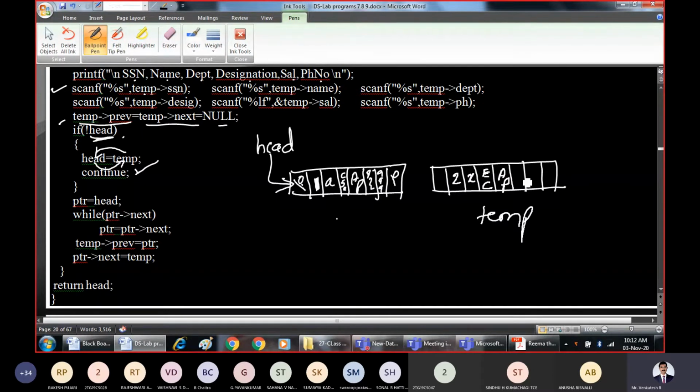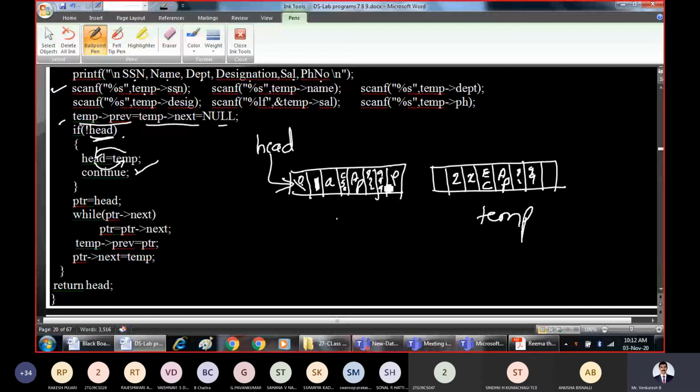Designation as AP, and some mobile number. This is ready. But while giving real-time input, you have to give proper input during the execution. But as space is very less here, I am taking some numbers and giving input. While giving input, you give proper name, proper salary, and proper designation.